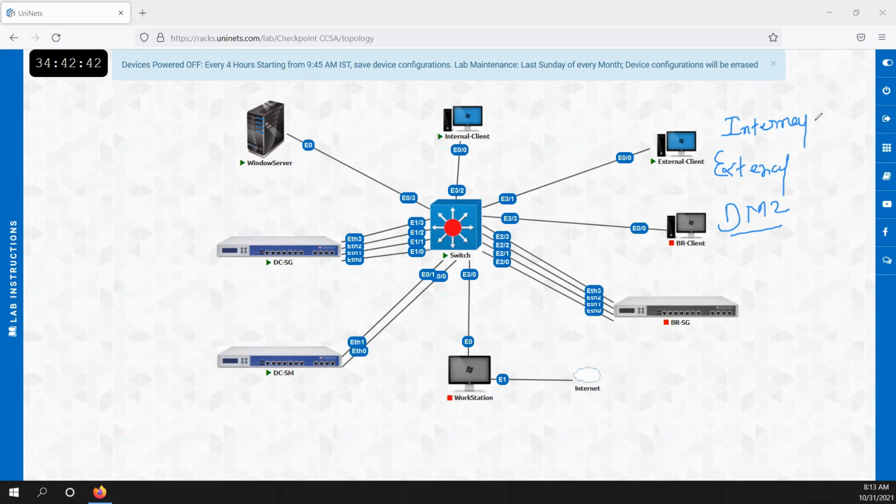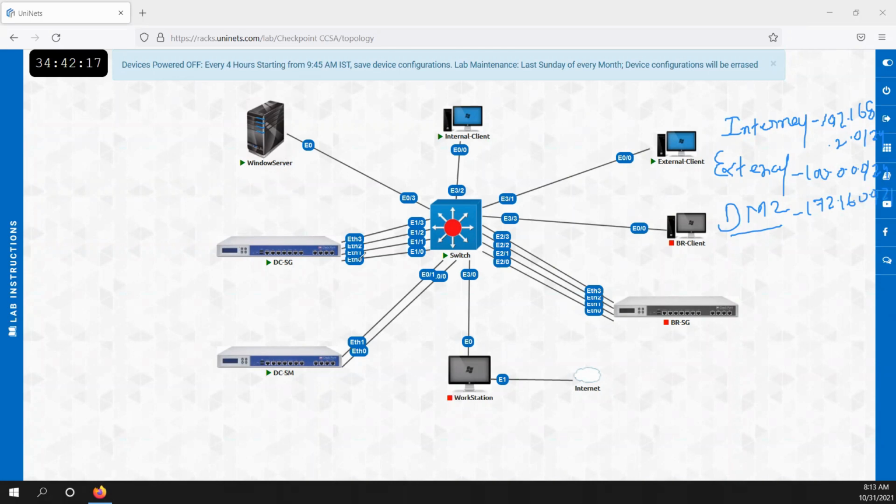For internal, the subnet I would use is 192.168.2.0/24. For external, I would use 100.0.0.0/24. And for DMZ, I would use 172.16.0.0/24. This is how I would use the IPs.